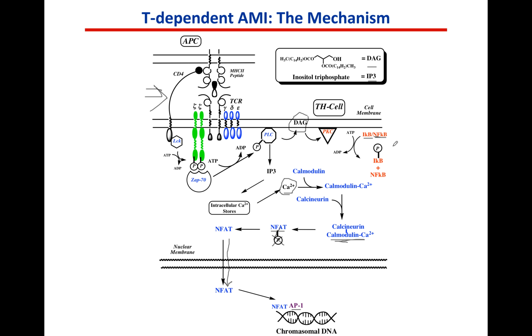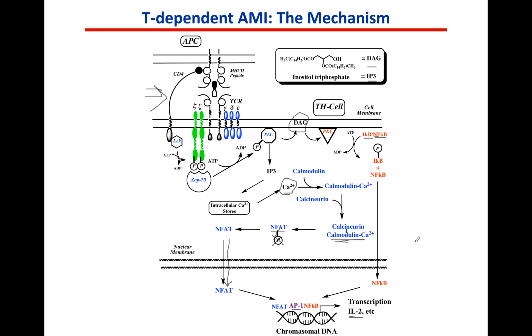And what protein kinase C does is it phosphorylates the I-kappa B, and this releases it from the NF-kappa B. That's a little bit simpler than what we were talking about before with NF-AT. The NF-kappa B can now migrate into the nucleus. And it can then also bind, forming a complex with these transcription factors, leading to transcription of IL-2 and other cytokines. Particularly IL-2 is important